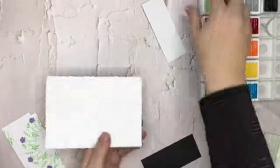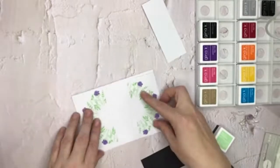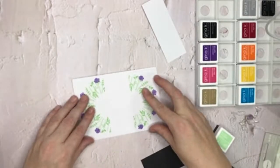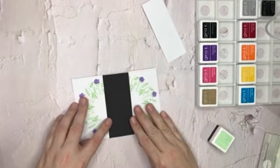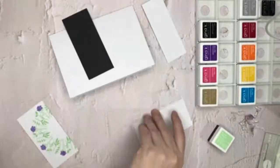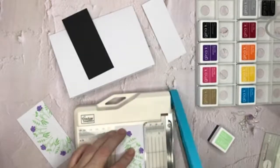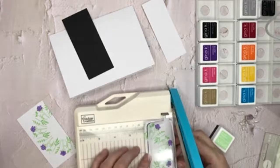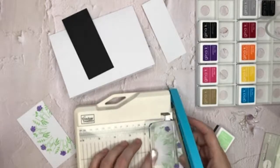Okay, now with this, we're kind of going to pop this together. It's a pretty obvious pattern to put together, but what you'll notice is, oh, I haven't trimmed these down. I'll get my trimmer back out. I just need to trim these down to put a little bit of a border around the outside edge. So that was 2, so I'm actually going to chop it down by 1/8 of an inch. So we will be 1 7/8